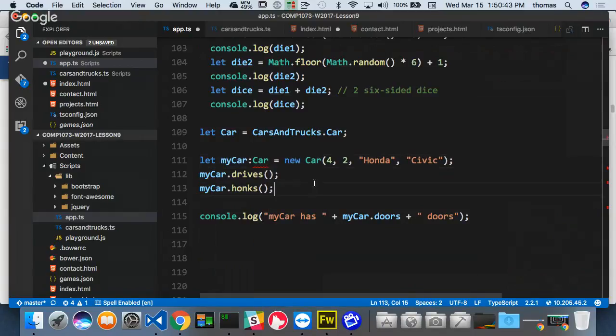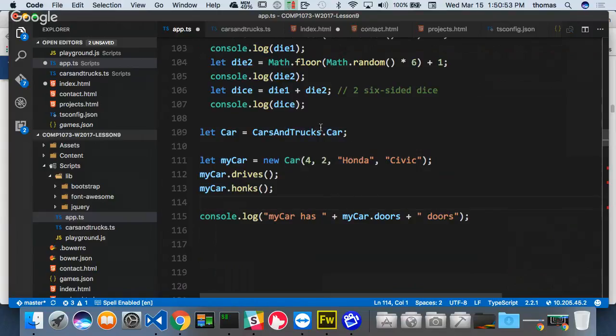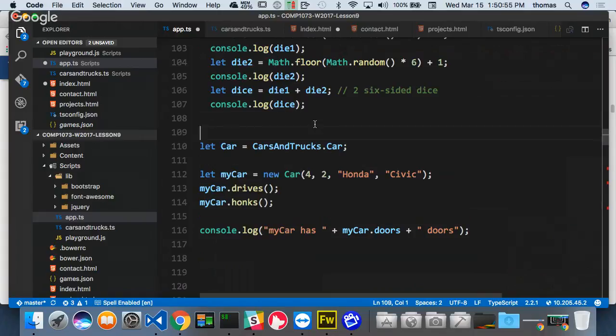Right? Well, I can't do car. I can't do the type, but I can do this. So this would be your short form. So here is your alias. So I can create an alias